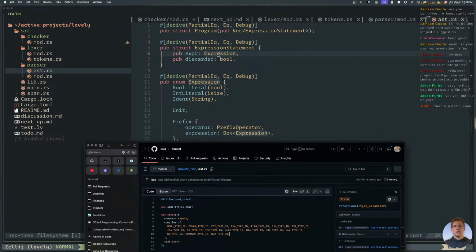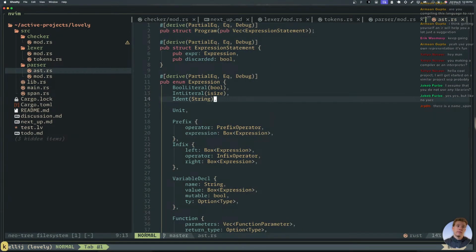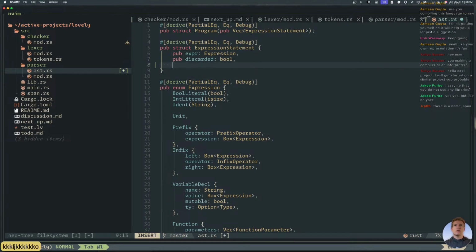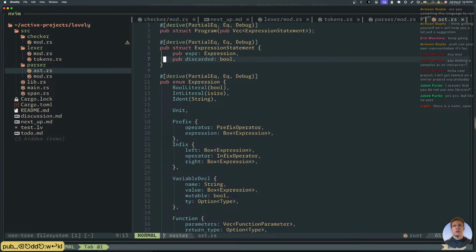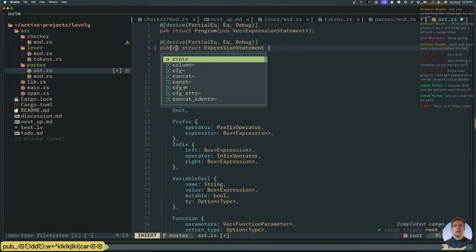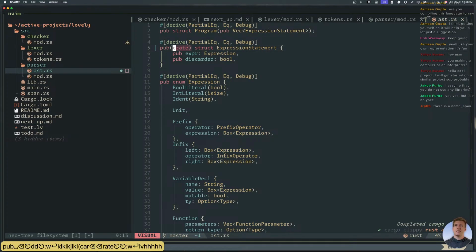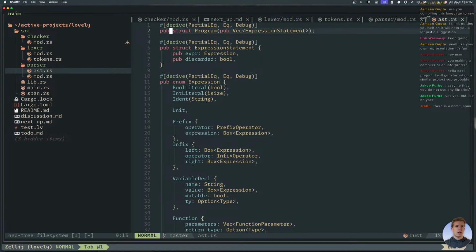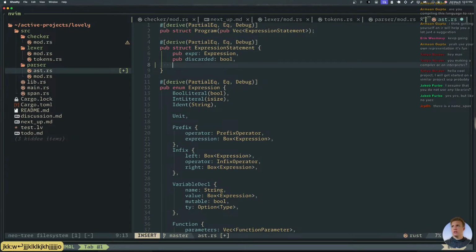So I guess I'll just give mine all spans. All right, so we'll say pub. I also noticed he was doing pub create stuff, which is cleaner. I mean, more verbose, but technically correct maybe. Nobody should be consuming my parser outside of this crate. Well, except maybe the language server. Well, I don't know. We can do that later. All right, pub discarded.